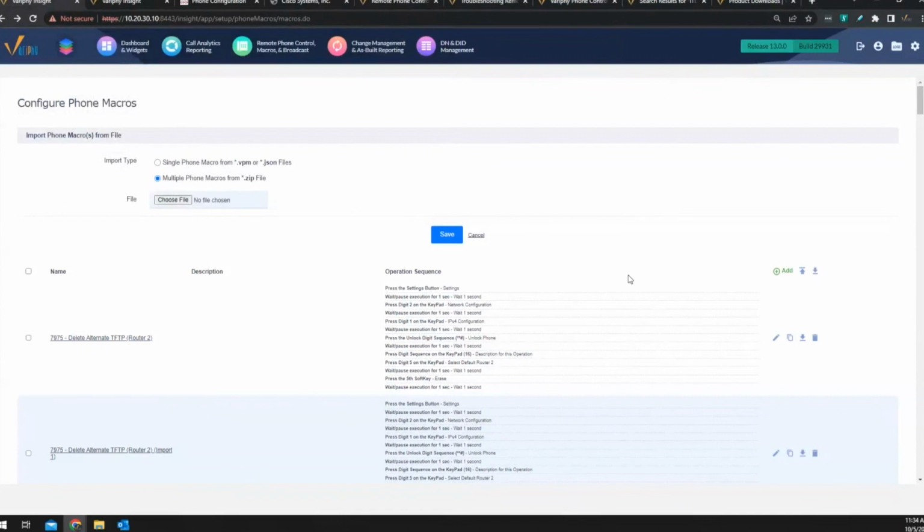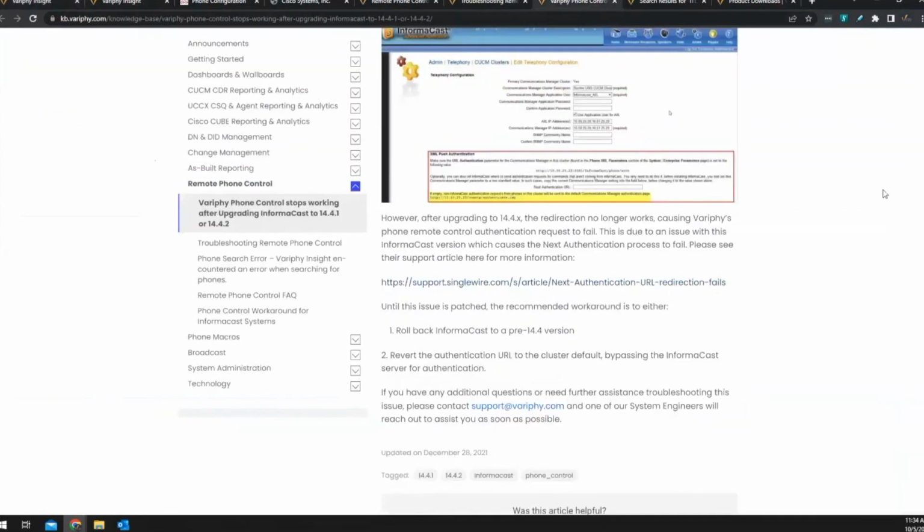So I think that's pretty much all I got for the moment, unless anybody has any questions. Yeah, I don't think we had one Q&A about documentation, but it looks like you showed that on our website with our knowledge base. Yeah, if you just search for either phone control or ITL in our knowledge base, you'll find a bunch of stuff. I just brought up some of the common ones we use here.